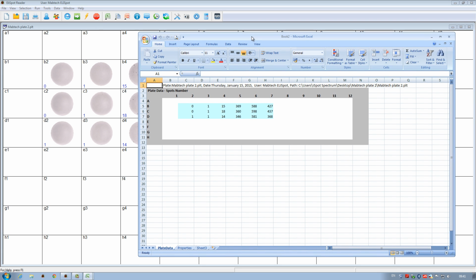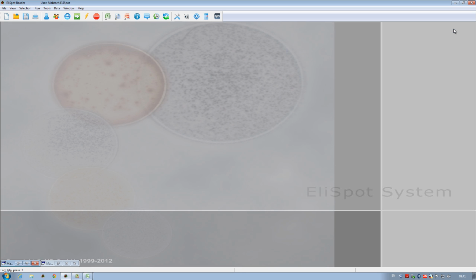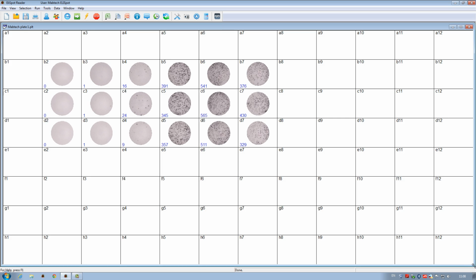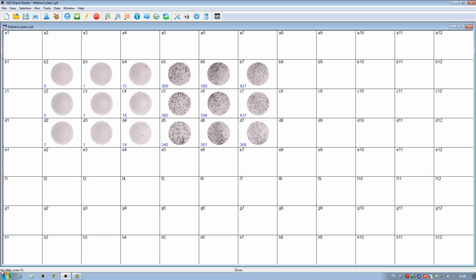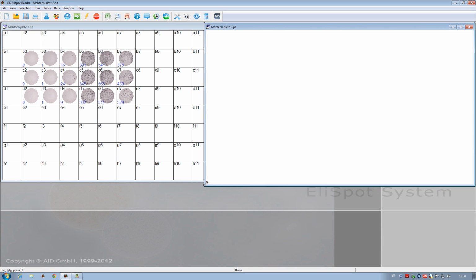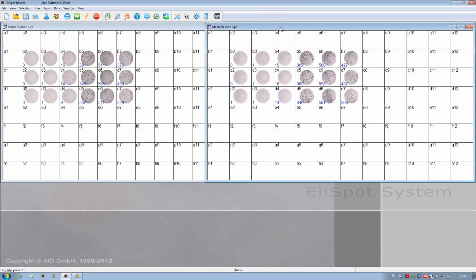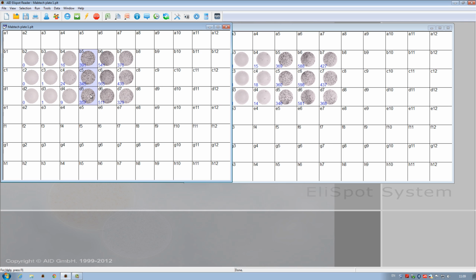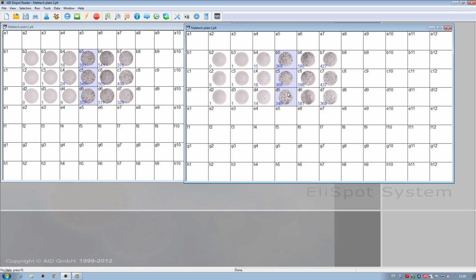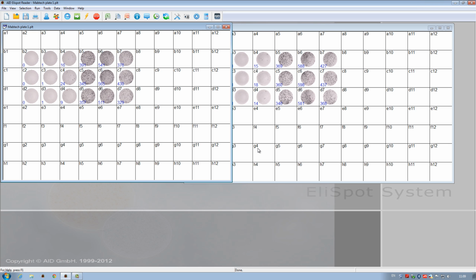I now bring up my two Infragamma ELISpot plates side by side simply by making the windows a bit smaller. Here, the white plate is on the left and the clear plate is on the right. At this stage, I want to look closer at some of my results. I can do this either by clicking through each well view one by one and drawing conclusions based on what I see, or I can use a smart little function called Compare Wells that is accessible from the pop-up menu by right-clicking on two selected wells.